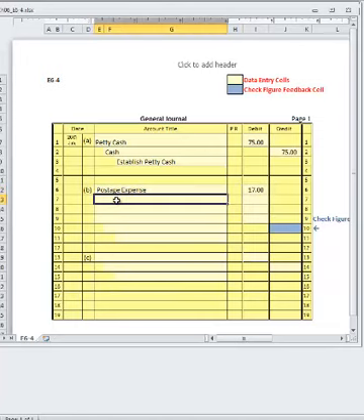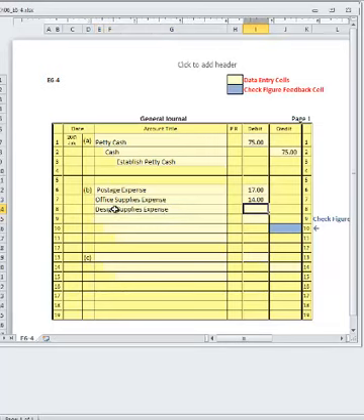$17, and then for office supplies she spent $14, and then for design supplies expense she spent $20, and for miscellaneous expense she spent $15.50. Okay, so she has spent the total of